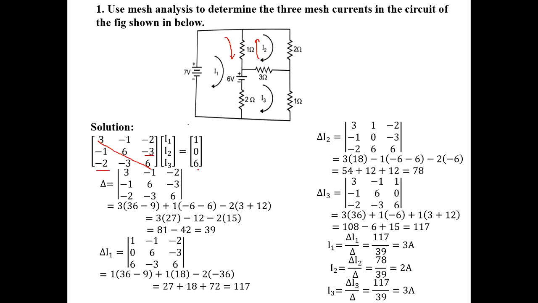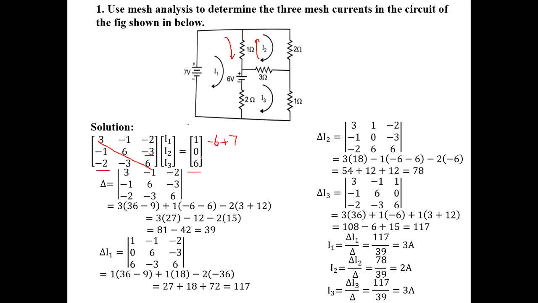Next, Ohm's law: V equal to I into R. This is V, this is I, this is R. We know the currents are I1, I2, I3. Next, the voltages. Consider the first loop. The voltages are 6 volt and 7 volt. The arrow first meets the plus terminal of the 6 volt source, so we write minus 6. Next the arrow meets the minus terminal of the 7 volt source, so we write plus 7. The sum is plus 1.